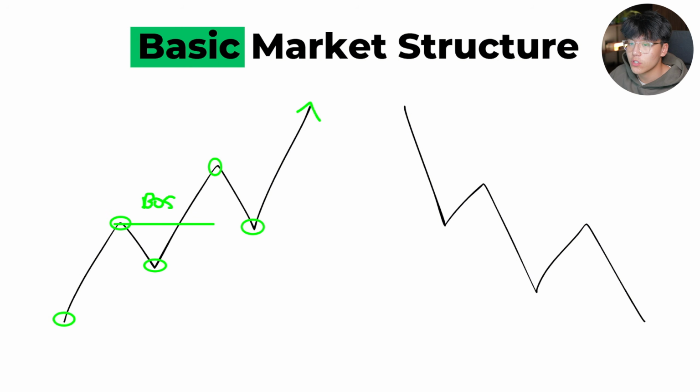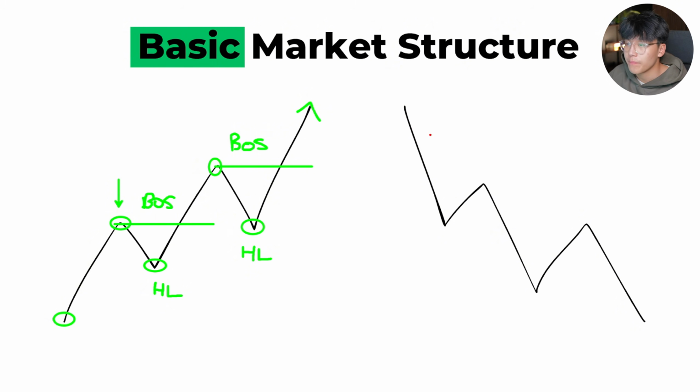A break of structure occurs in the direction of the trend. So every single time it breaks above this key swing high, this is a break of structure towards the upside. And once again, once we break above this key swing high, what we have is called a break of structure. When price is continuing to make higher lows in the market, this is when we know we're in